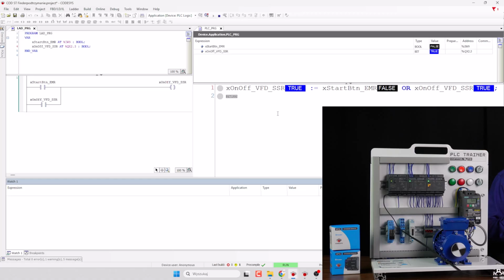Now you have the next challenge. How to stop this program? How to stop the motor? You can use the stop button with normally closed contacts and use the variable to stop the motor in the program. In the end, let's look at the